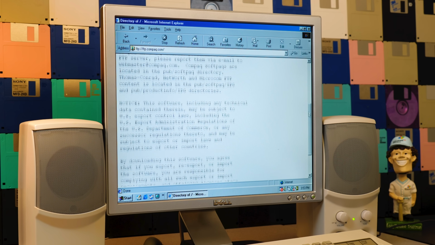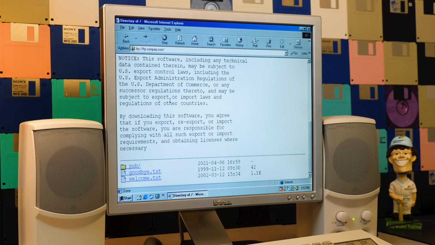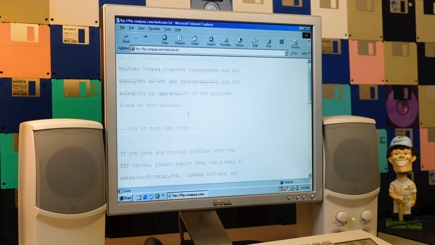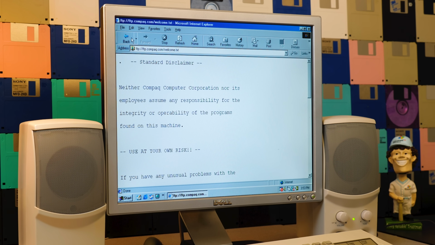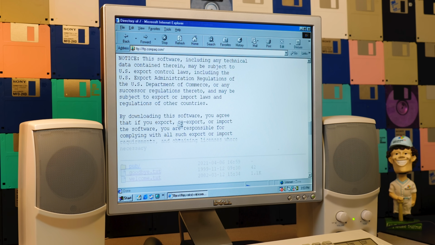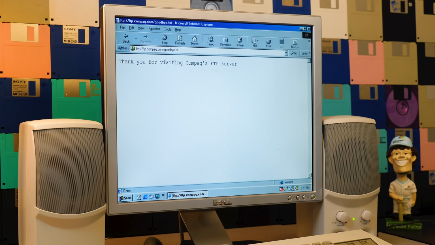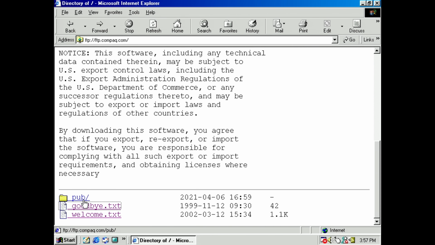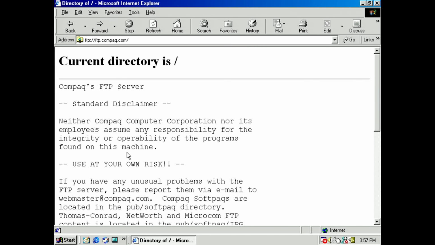So here it is. We get this disclaimer that Compaq had, and you even get the welcome and goodbye messages here. That would display if you were connecting with an FTP client. So like goodbye here, here's the thank you for visiting Compaq's FTP server. Now I could browse around in here and go into the pub folder and download a file if I wanted to,